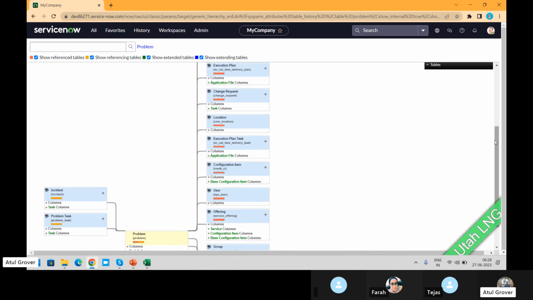Maybe the reason is that a problem can be raised, but the source can be anything as well, like an incident. It's like a parent-child relationship. I can say that incident has a problem and problem has a change. So they're showing it this way. That can be the reason.